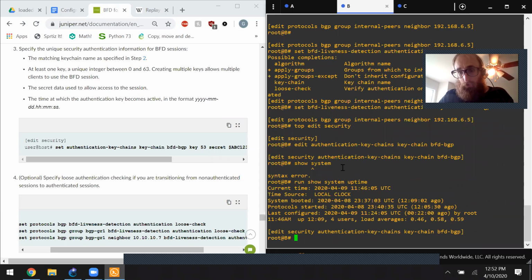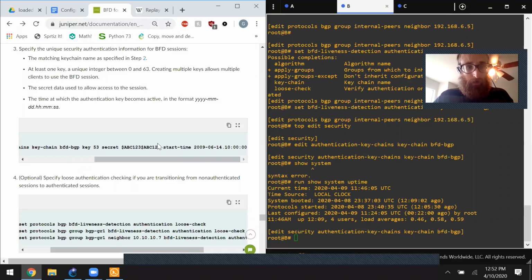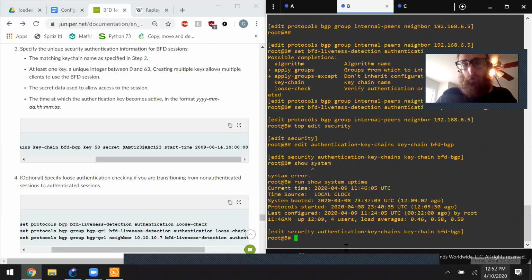It looks like I already kind of missed that 45-minute time window, so I'll just set it to maybe another few minutes from now, and then I can change the other one. Whenever I commit it, I don't really have to rush too much. Of course, I've got to get back to work around 1. All right, so set key 53, secret,